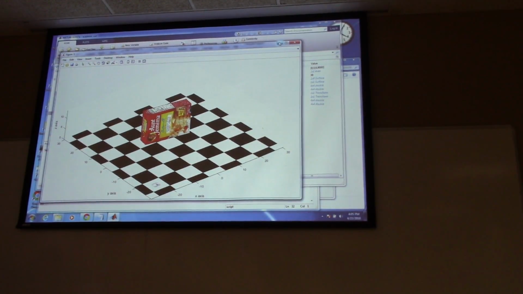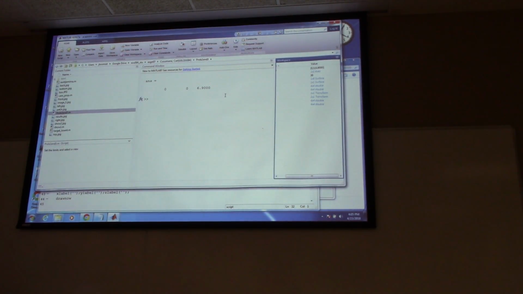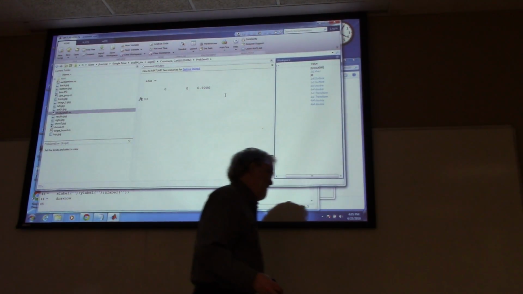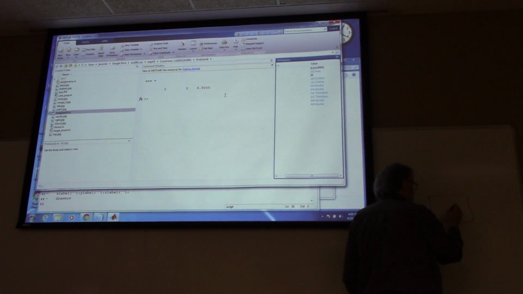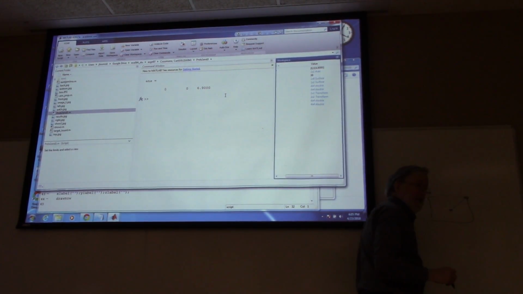Okay, how about the camera view angle? Remember, this image is orthographic, so we need to do a perspective, which means we need a view angle. What are we going to use for that? The answer is, I'm not positive because it depends. The angle is determined by something related to that distance. Okay, you take